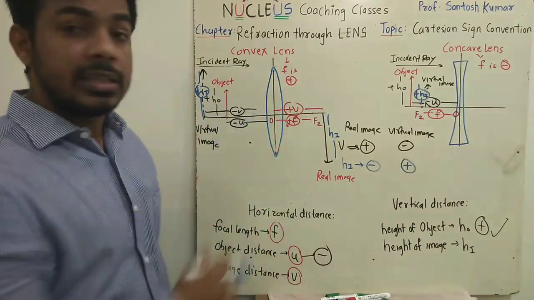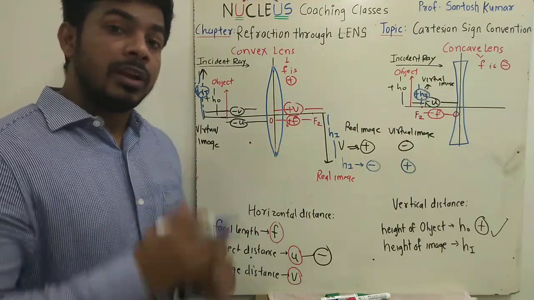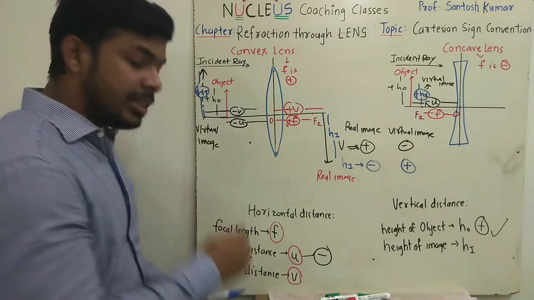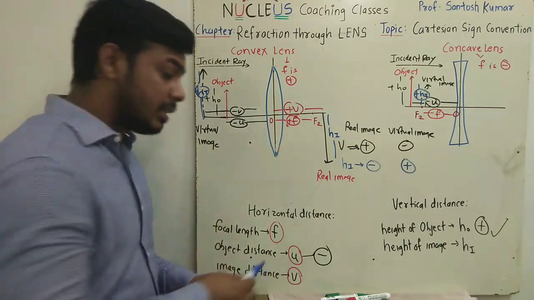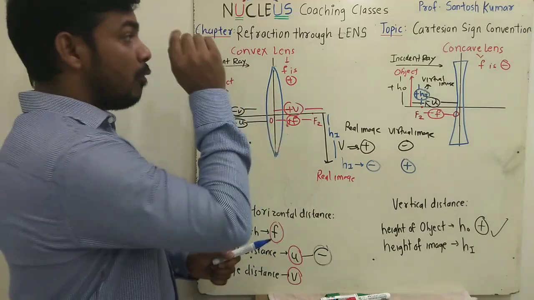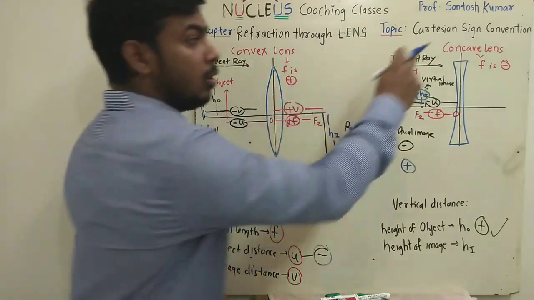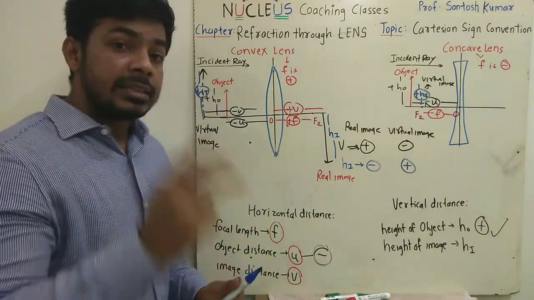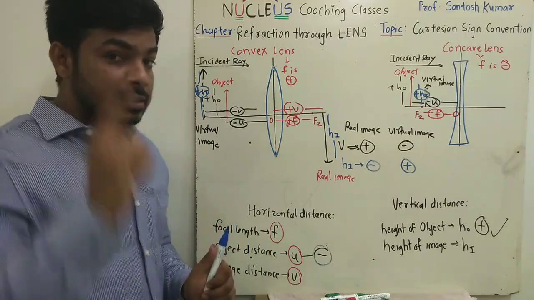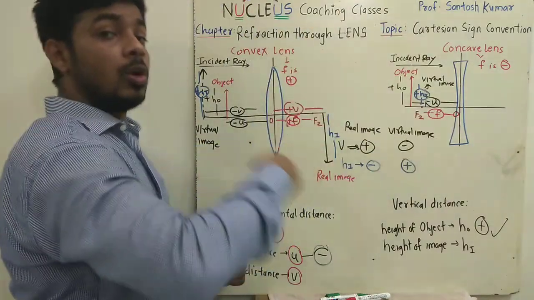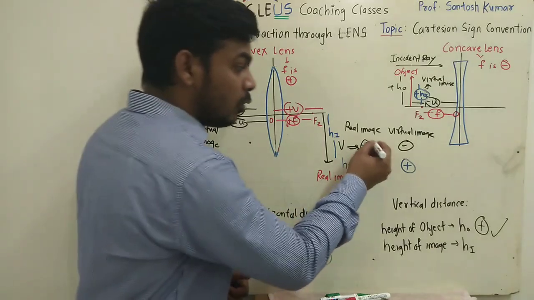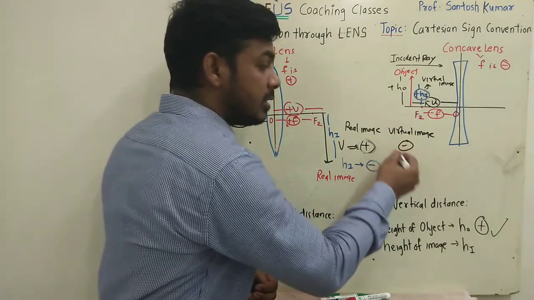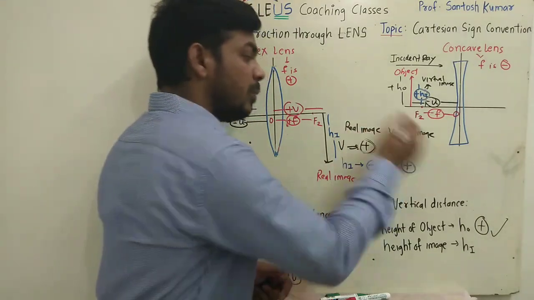So these are the very important sign conventions you must remember, because they will help you to calculate the numericals. So again I will tell you, object distance, whether for concave lens or convex lens, will always be taken as negative. For convex lens, focal length will be positive, concave lens focal length will be negative. But convex lens can form real as well as virtual image, and since real image is always formed behind the lens on the other side, image distance will always be taken as positive, and virtual image is always formed in front of the lens, so image distance will be taken as negative. So for virtual image v will be negative.